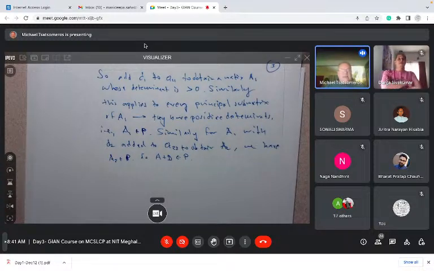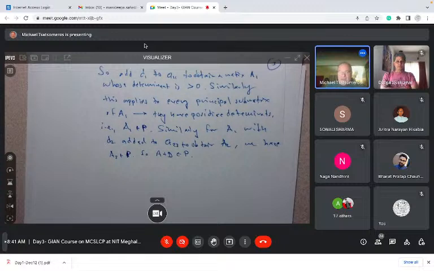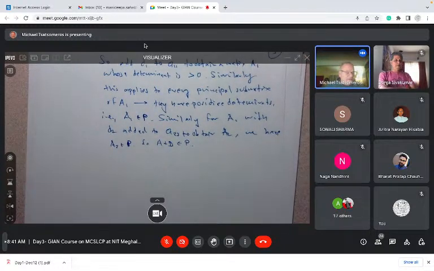So that gives you that adding a diagonal matrix doesn't affect the fact that it makes it even more P, if you want. So it can only increase the determinants of the principal minors. Now,